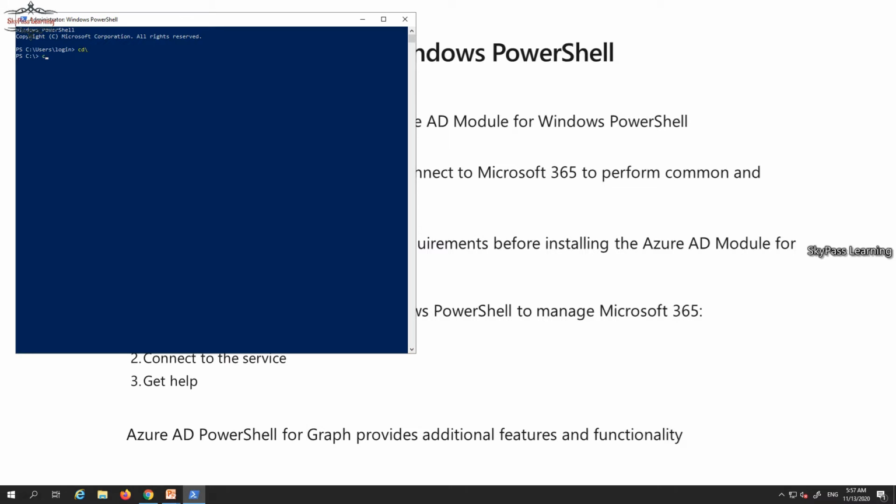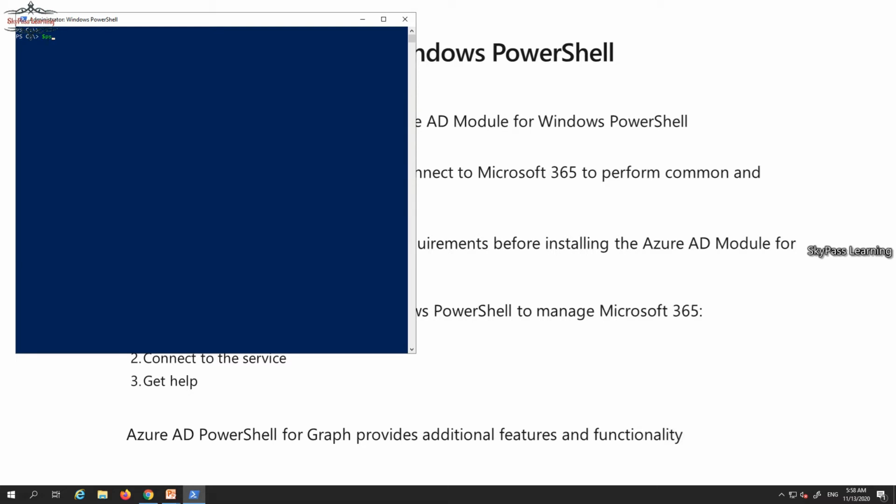If I try to put some commands like Get-Msol, I can't resolve this. I tried to resolve it, but it's not working because currently the module is not installed here. So first of all, you have to identify the PowerShell version. Recommended version is 5 at least.